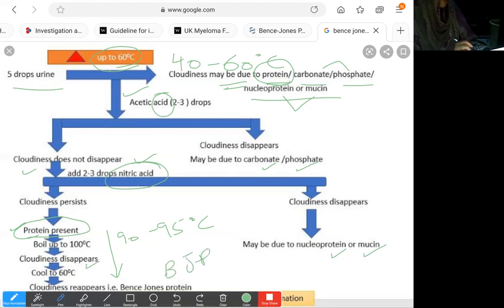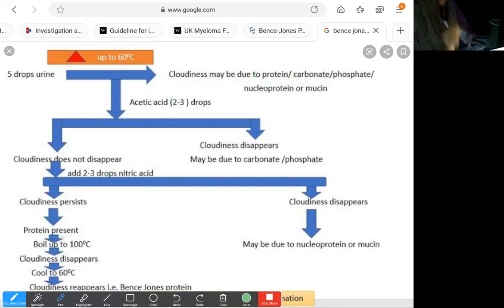The cloudiness is there only in this narrow range between 40 to 60 degrees centigrade, and when you heat it further, it will disappear, and when you cool it down again, it will reappear. So this disappearance and reappearance is characteristic of